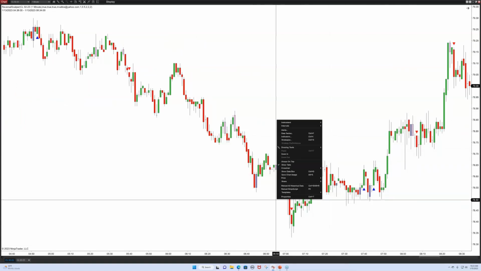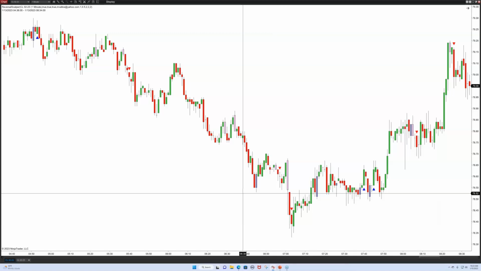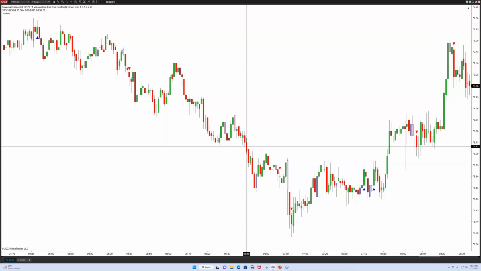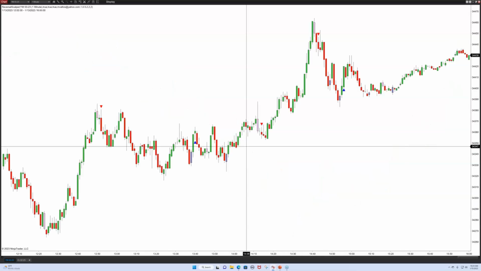So let's take a look at some other markets. Mini Dow, right? Mini Dow is a nice market. And so the question comes up: what's a good market to trade? Should you be looking at more volatile markets, or can you trade slower moving markets? Right? Volatile markets obviously are some of these stock indices, crude oil,